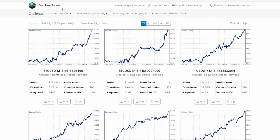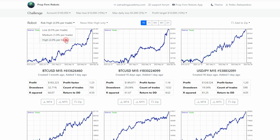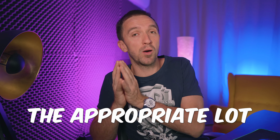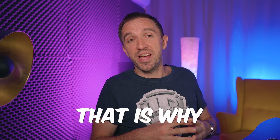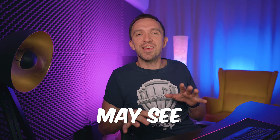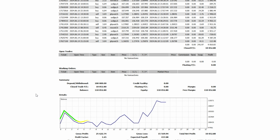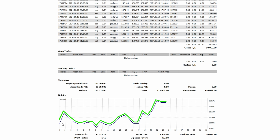One more time, because with the high risk we take the risk of 2% per trade, so the app calculates automatically the appropriate lot according to the stop loss in the strategy. That is why sometimes you may see different lots for the same asset. However, I took higher risk and I doubled the lots after the account reached the 5%,